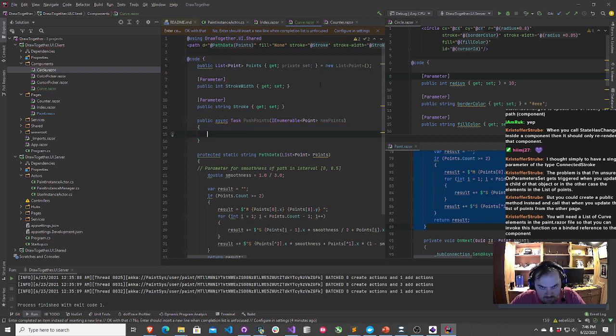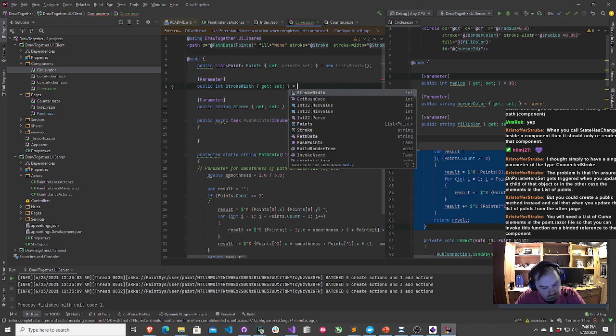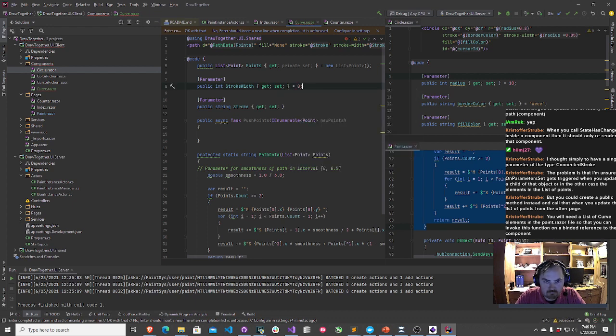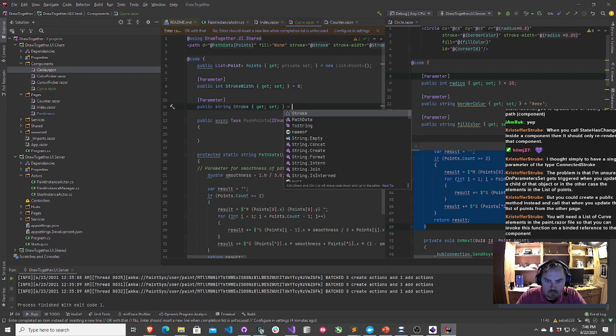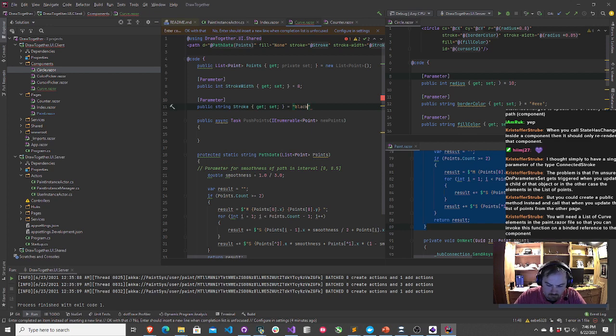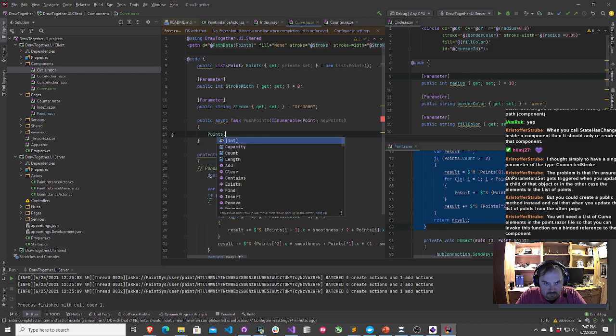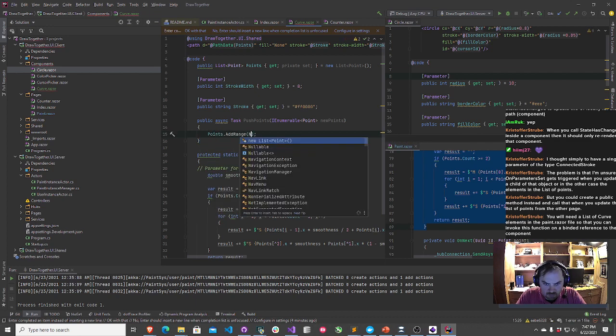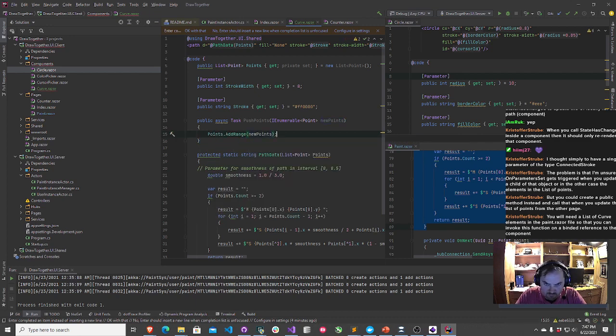All right, we'll go ahead and make that. I guess we start and we call push points. We'll do points add range, new points. That way we're not directly setting this stuff.